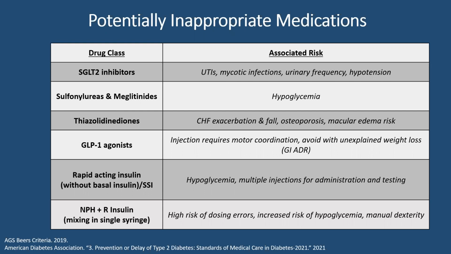Rapid-acting insulin, obviously, carries a risk of hypoglycemia, and again, inconvenience because you're dealing with multiple administrations. If you're using a combination, you don't want to use different vials where you're having to mix this stuff. You want a formulation that's already a 70-30 or a 75-25, because you don't want the additional risk of screwing up the vials, wondering what did I draw up first and what did I draw up second. You want to make it as simple as possible.